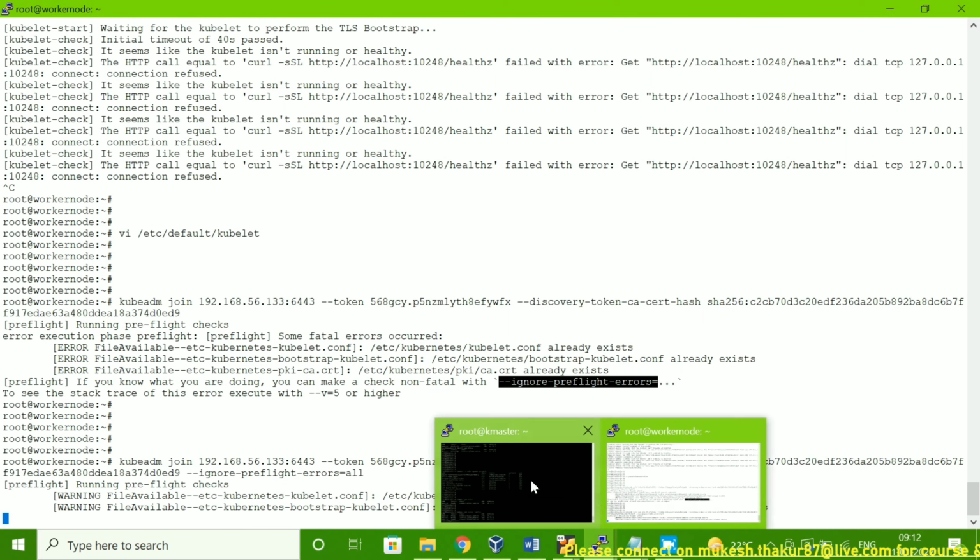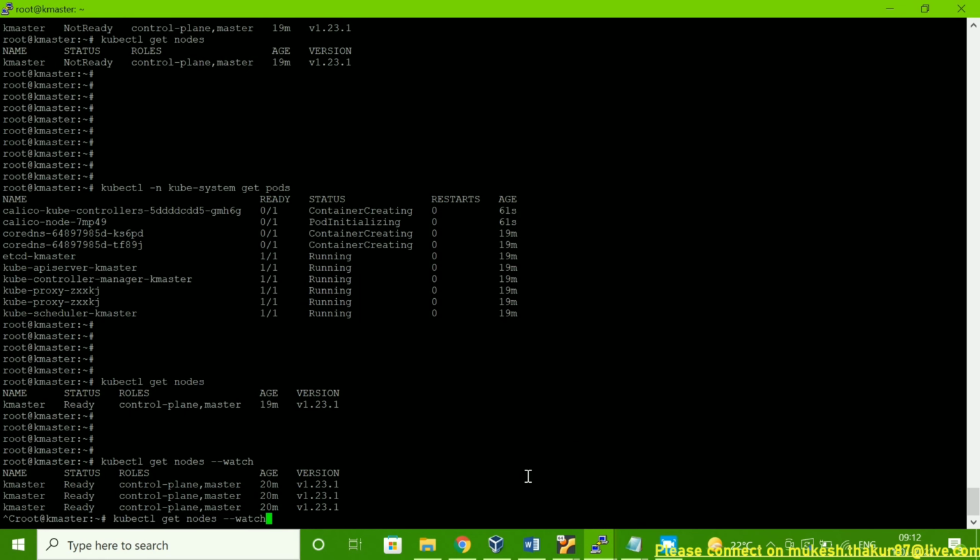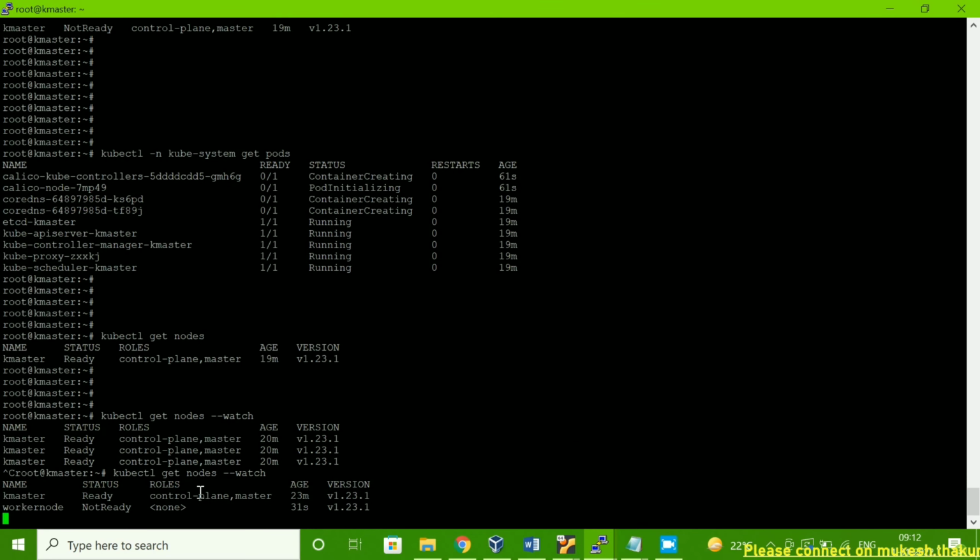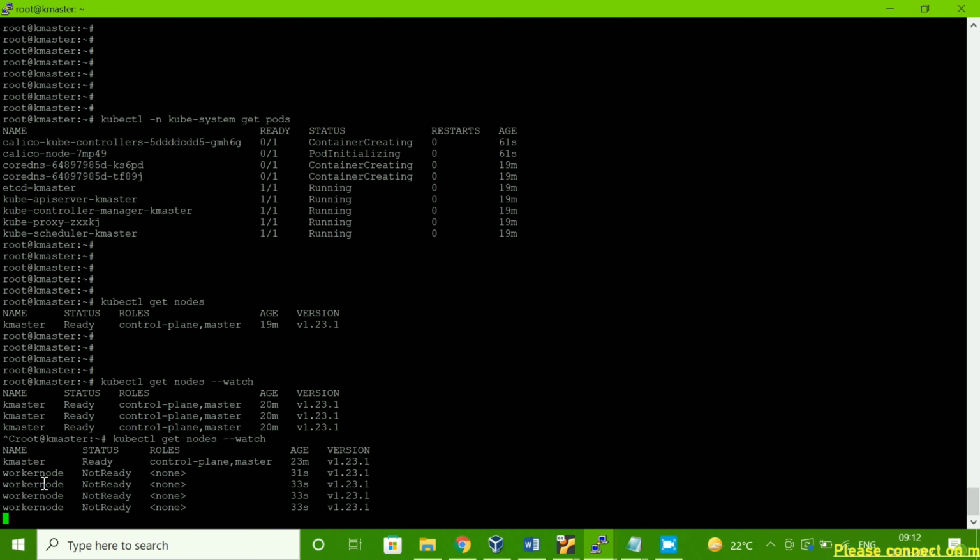Now you go to the master node and run this command again. Now you can see worker node details are being added here. So we need to wait for some time, then the worker node will also show ready. So I can say your cluster is ready, and you can now start your lab.